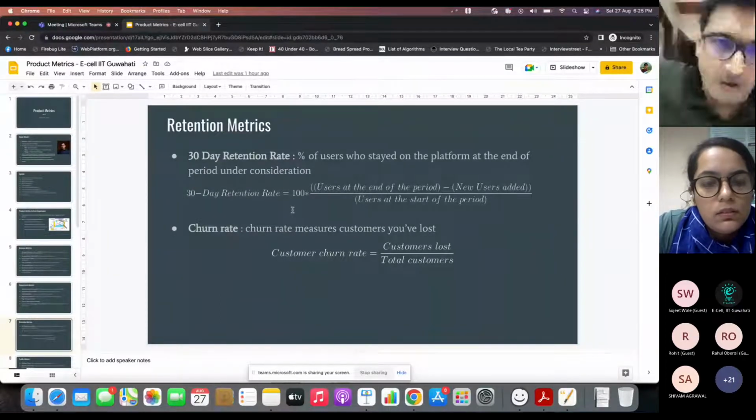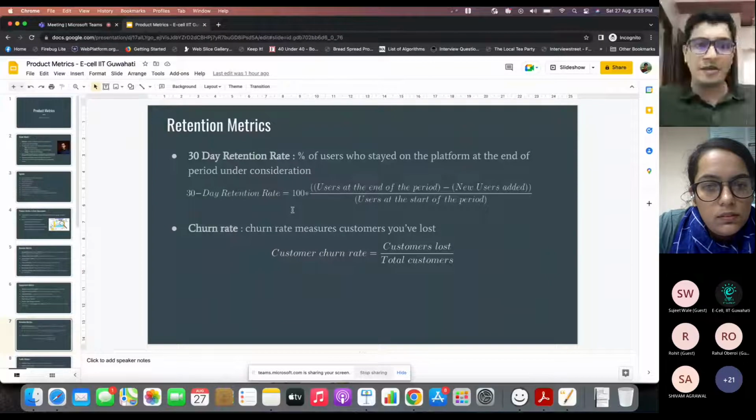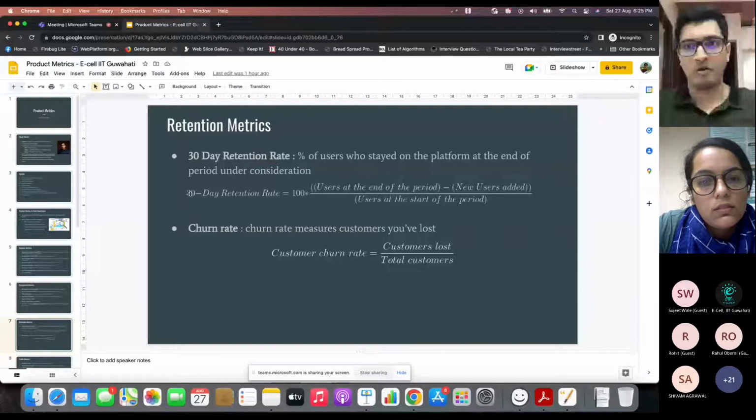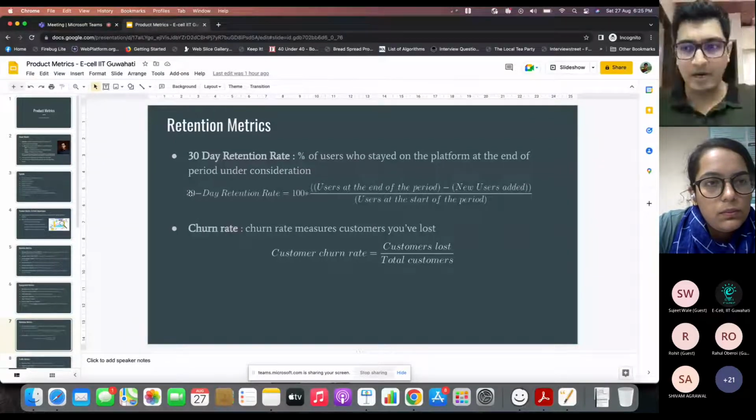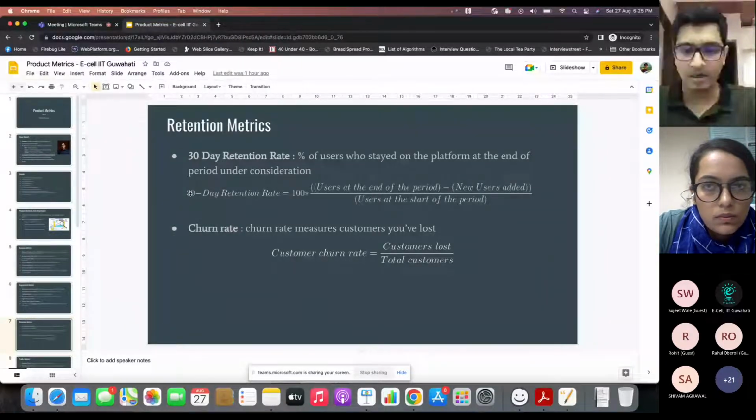Now, it's not necessary that every business will track the 30-day retention rate. The duration, the number, you will have to arrive at based on the natural frequency of your product. Now, how do you arrive at the natural frequency? There are multiple ways. One is, of course, through user research and market understanding. For example, through market research, you will know that typically people buy fashion or lifestyle products once every quarter. These are just indicative numbers, right?